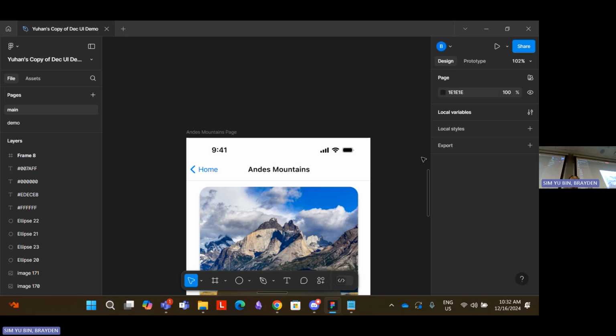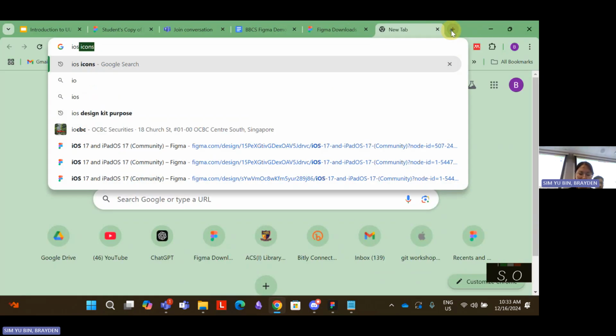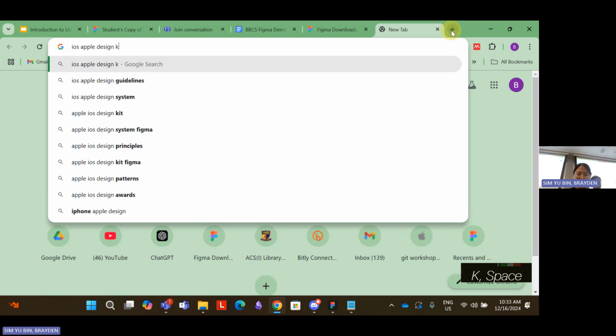Your experience becomes somewhat more like Figma, where you just search for elements and then drag them into your canvas in order to make it your own, right? So I'm going to demonstrate from start to end how to utilize a typical design kit. Design kits can be modded to different extents. I will explain what I mean later on, but basically over here, let's just search iOS Apple Design Kit